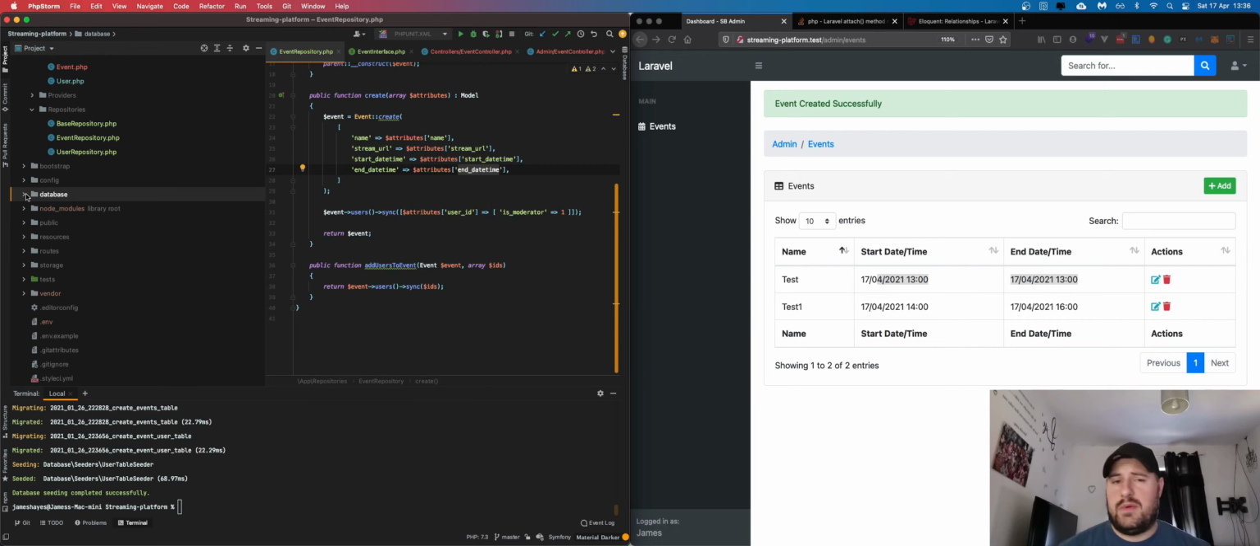What we could actually do before we do that is write some tests to test our functionality and make sure that it's doing what we expect it to do. So I think that would be a good thing to actually learn. So Laravel out of the box obviously comes with PHPUnit,